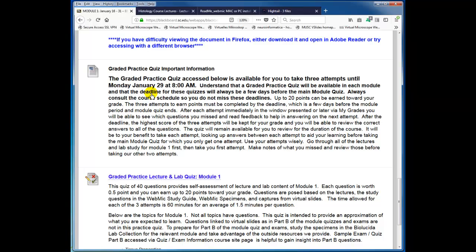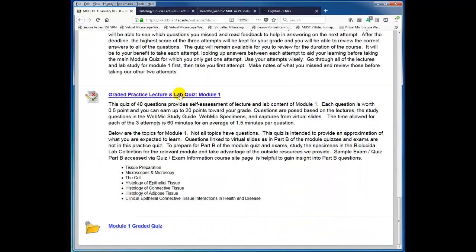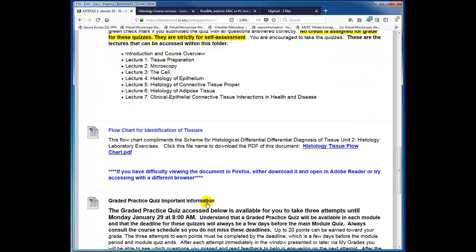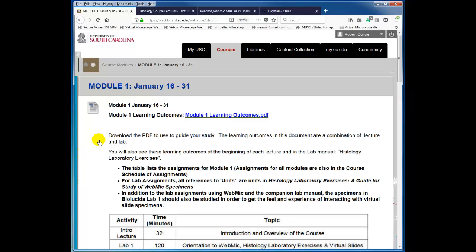And then if I go back to Module 1 out of the lectures, here is information about the graded practice quizzes. For every module there's a graded practice quiz, and we're giving you a little more detail on the first one here. And here's the actual graded practice quiz. You will click this. You have 3 attempts in order to make a perfect score, which is 20 points. And then there's a link here to the module graded quizzes, but I'm going to go back now to the